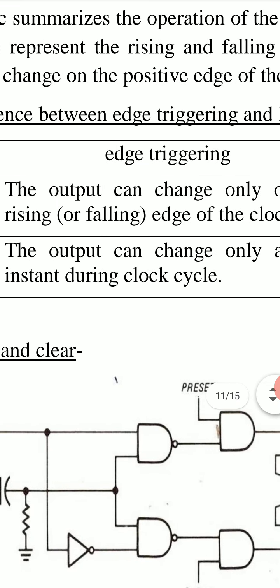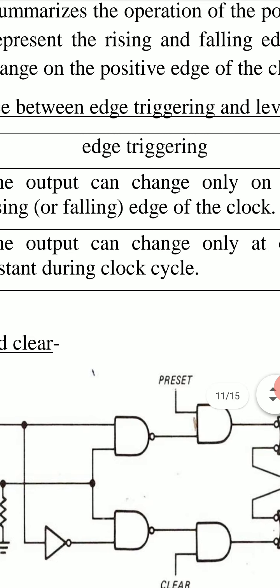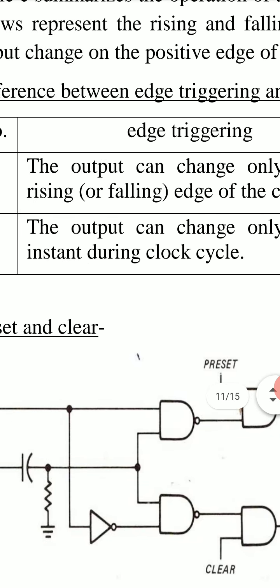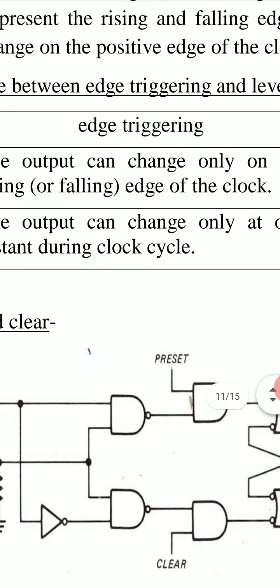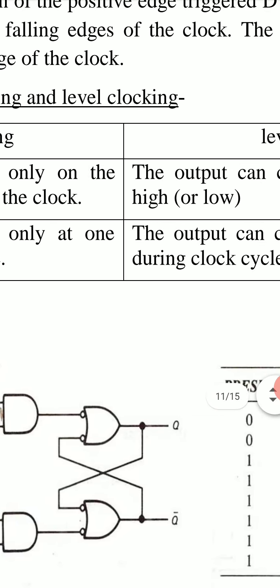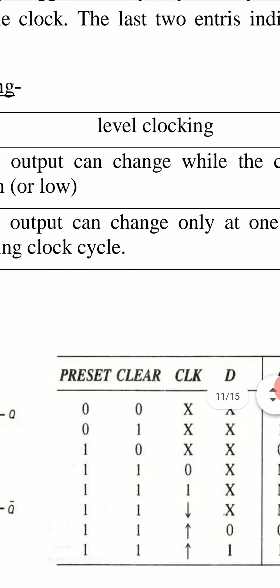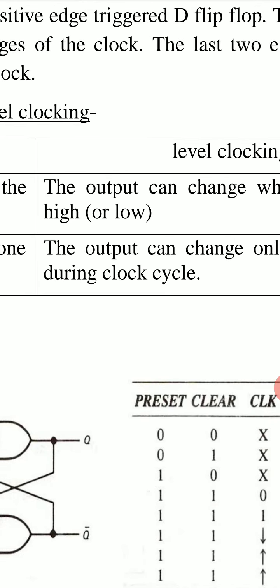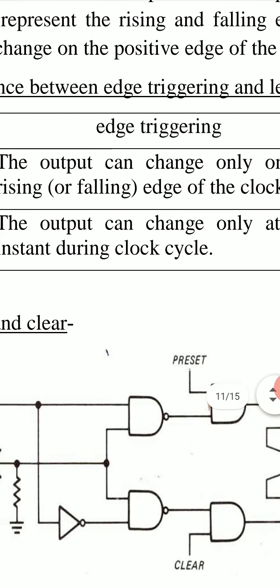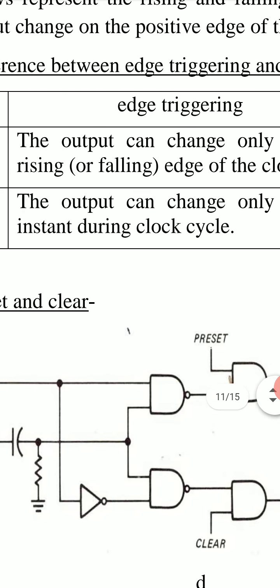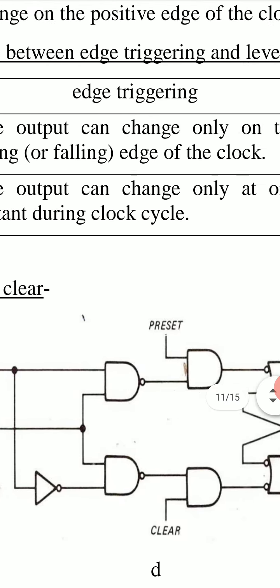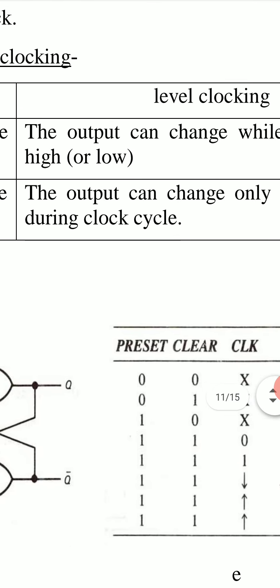Difference between edge triggering and level clocking. There are two differences. In edge triggering, the output can change only on the rising or falling edge of the clock, while in level clocking the output can change while the clock is high or low. In the case of edge triggering, the output can change only at one instant during clock cycle, while in the case of level clocking,